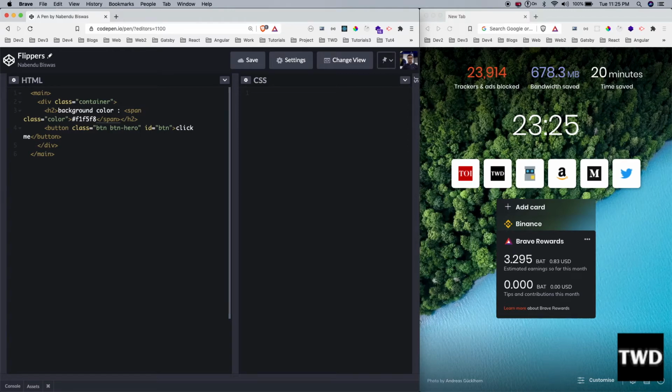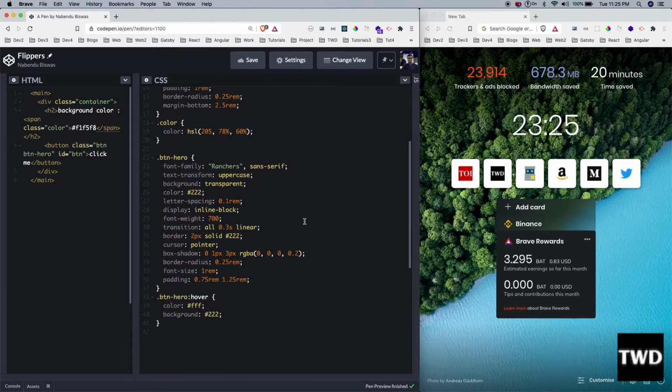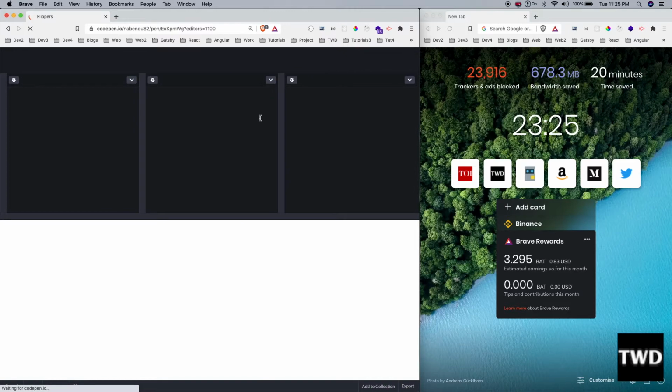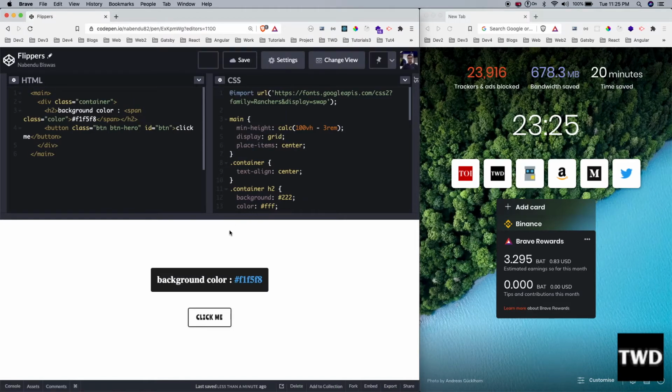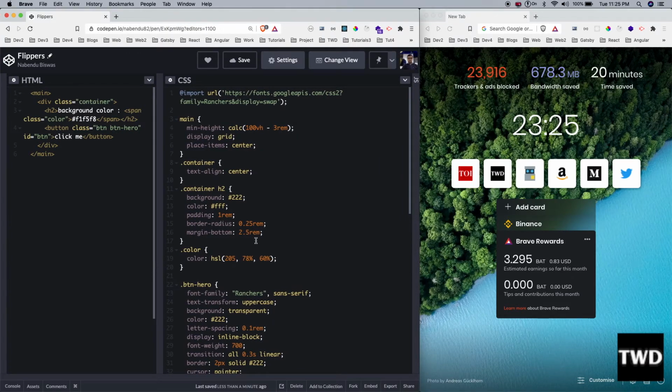So this is that, and now what I'm going to do, I'm going to copy the CSS also here. So this is the CSS. Let me go through it once and let me save it. Okay, so I have saved it. Oh, and it is coming here. Actually I don't want it here, but I will. Let me go through the CSS quickly. So the CSS is, I have a font, then this main, I am doing a min height of it and displaying grid. So whatever I will do, it will come here in the center.